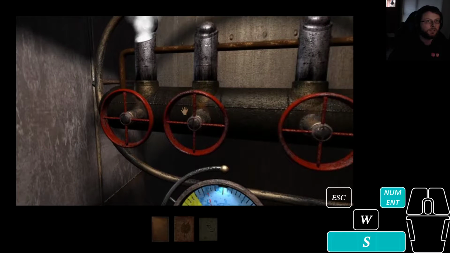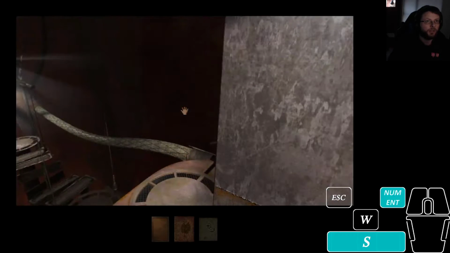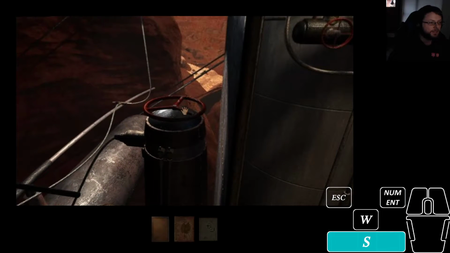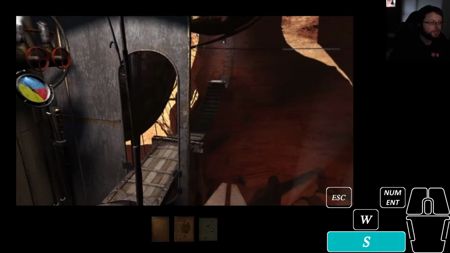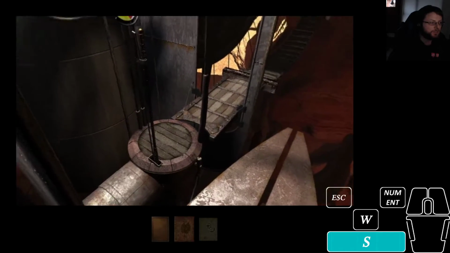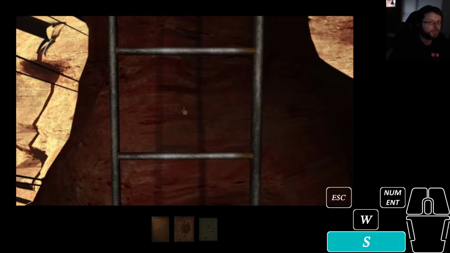One, 2, 3. I hold numpad to get to here as fast as possible. Look quickly right, and then click once. There's no zip to here, so it's just kind of straight to here. If you click on this ladder, however, if you're holding numpad and you click right here, you wind up at